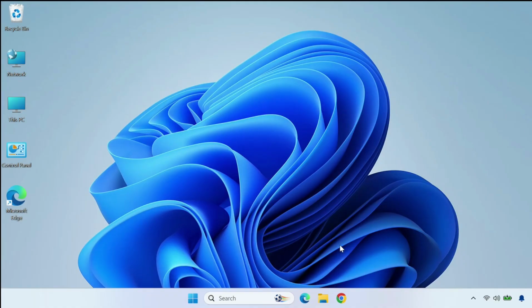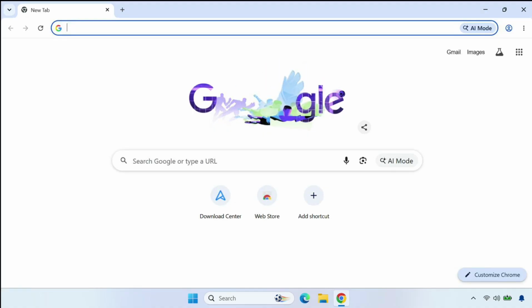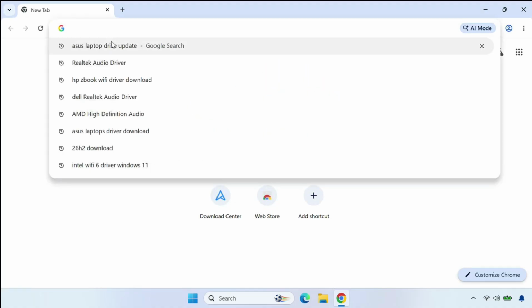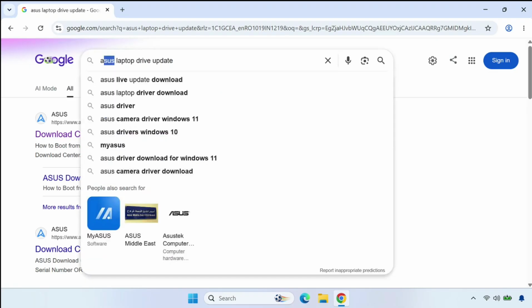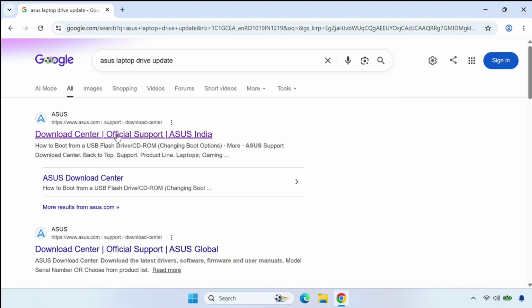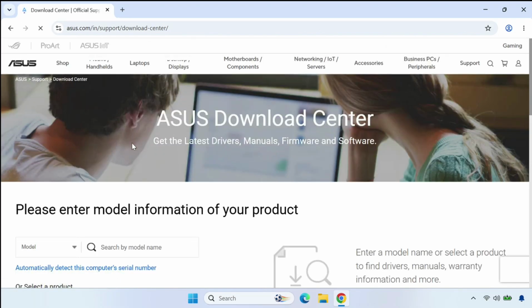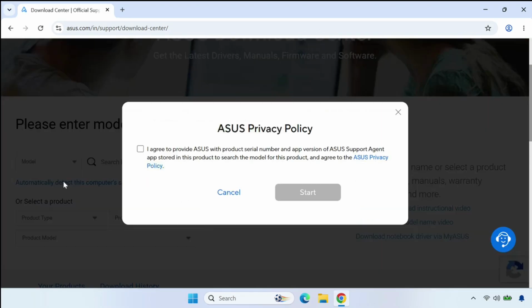Then you need to install the chipset driver. Click on any browser. Because I am using an Asus laptop, if you are using a different one, you can search for your laptop model number. Install the chipset driver, guys. Click on the first link, and then click automatically detect the computer and select this and click to start, so